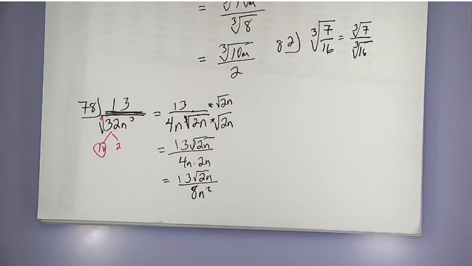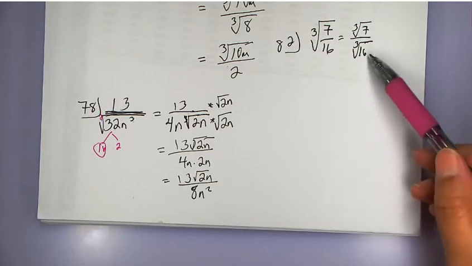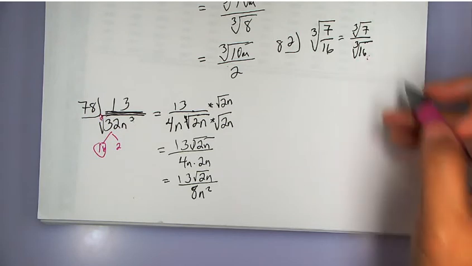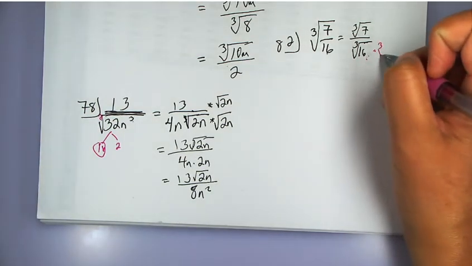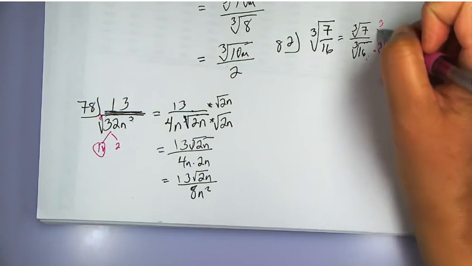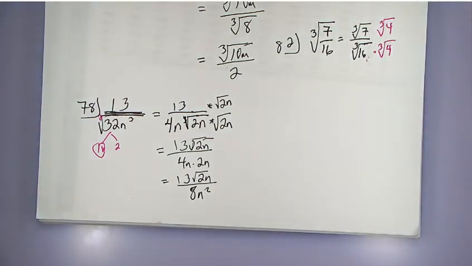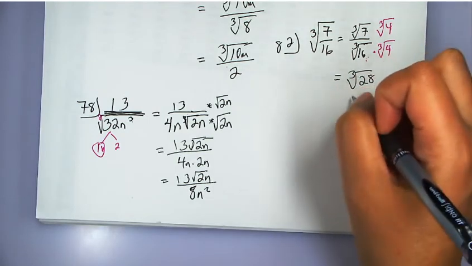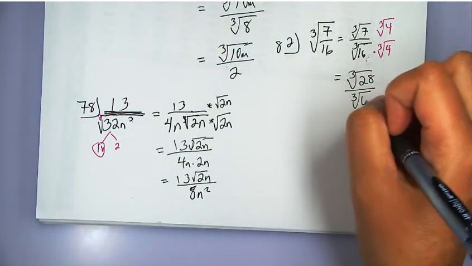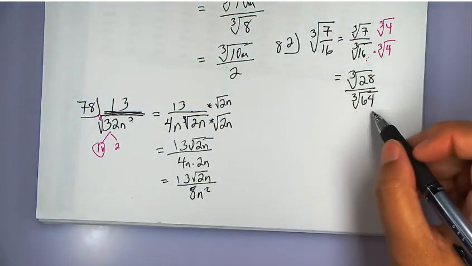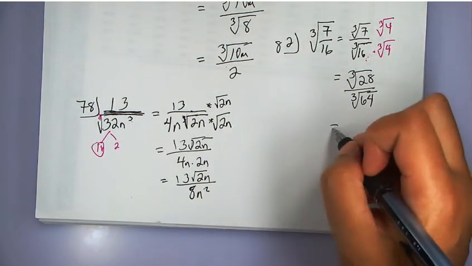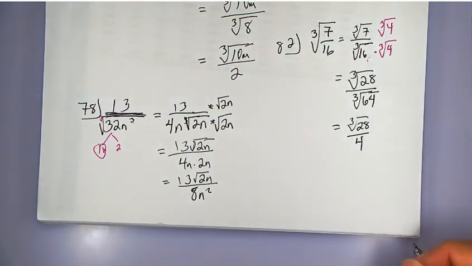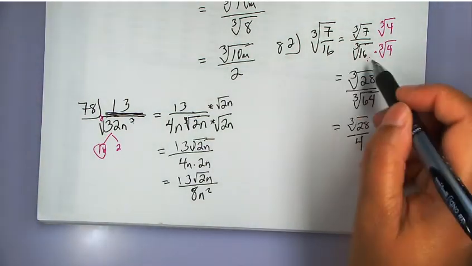Simplifying first. I got the cube root of 7 over the cube root of 16, showing you that it works both ways. The cube root of 16 is 8 times 2. So I'm left with the cube root of 7 over 2 cube root of 2. Again, what do I have to multiply by to make it a perfect cube? I'm going to multiply by the cube root of 4, just like we did before. And I end up with the cube root of 28 over